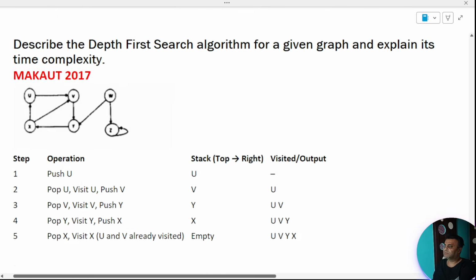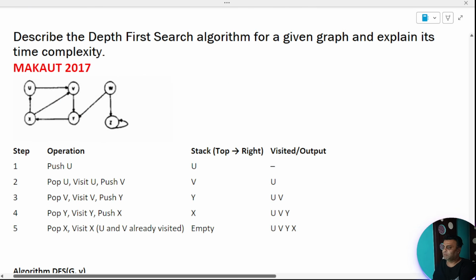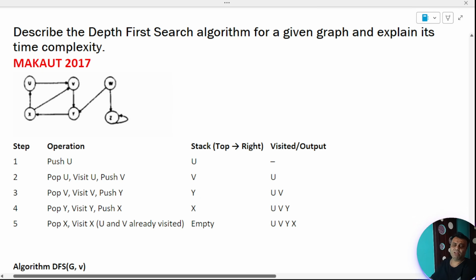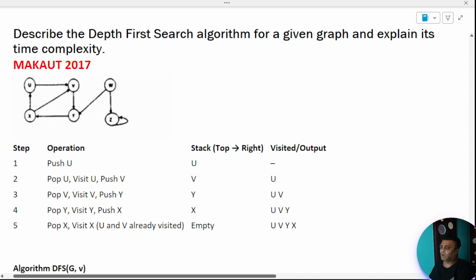But that's all that comes from breadth first search, depth first search in terms of traversal. An unknown graph may be given. You will be asked to do the depth first, breadth first of it. I've explained how to use the stack to do it and how to use a queue to do it in case it is a breadth first search. So that's typically what I wanted to cover.